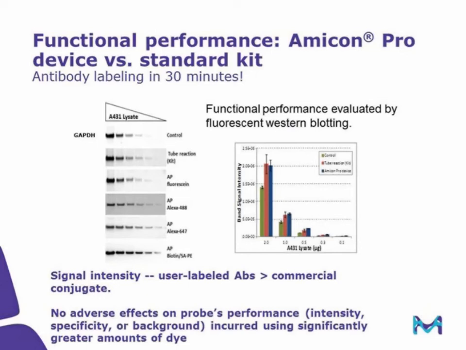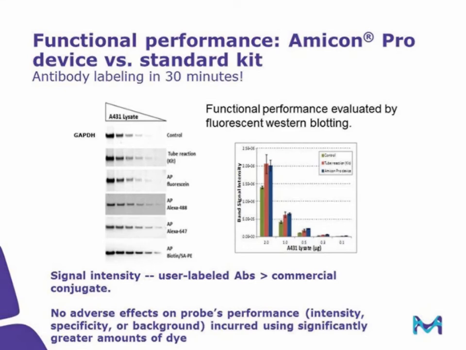On the left, blots containing A431 cell lysate fractions were probed with the following anti-GAPDH conjugates: a commercial antibody, an antibody labeled according to the dye manufacturer's recommendations, and an antibody labeled using the Amicon Pro device. In addition to the FITC labeling, shown below are examples labeled with Alexa 488, Alexa 647, and biotin using the